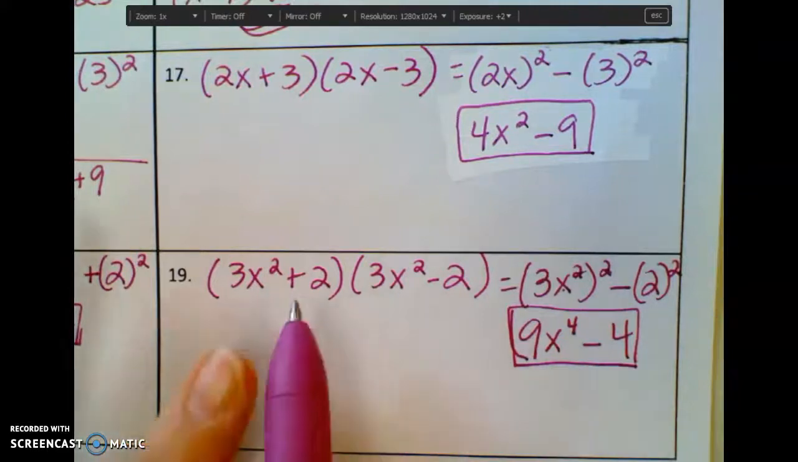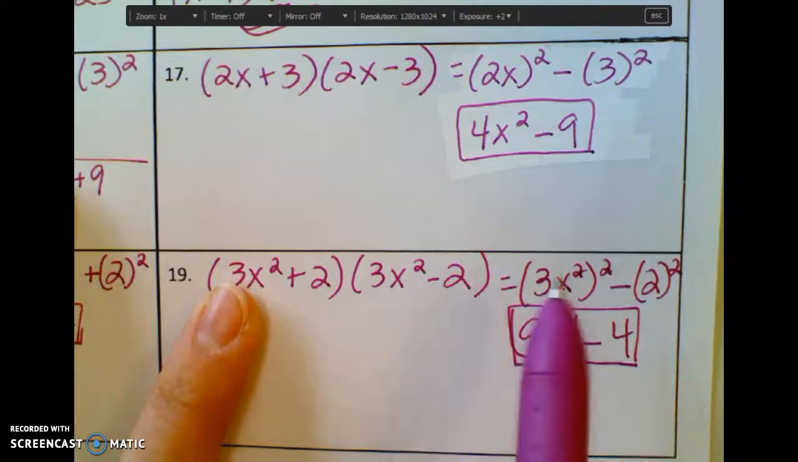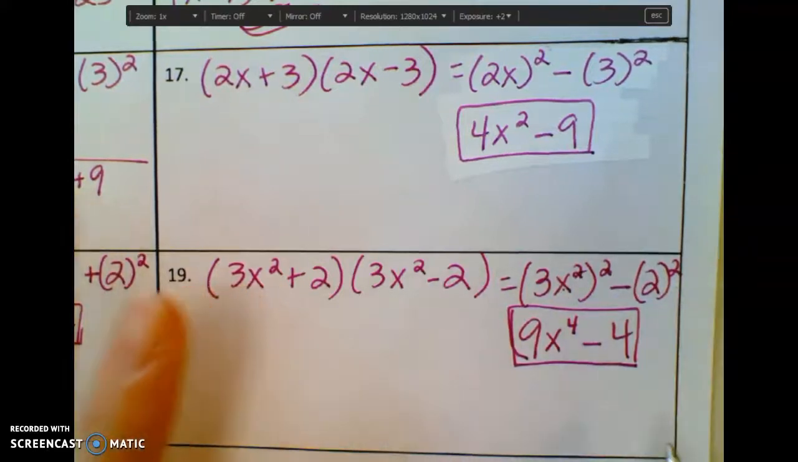Remember, this rule only works if we have the same thing, just a plus in one and a minus in the other. And then if you don't want to learn it, you can just distribute like we learned on the